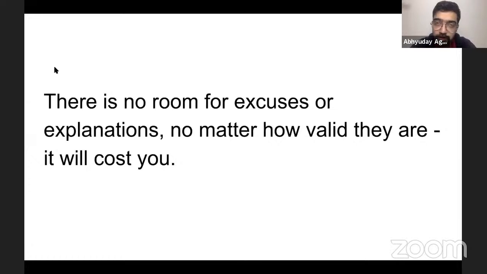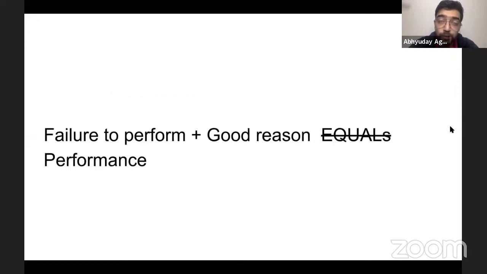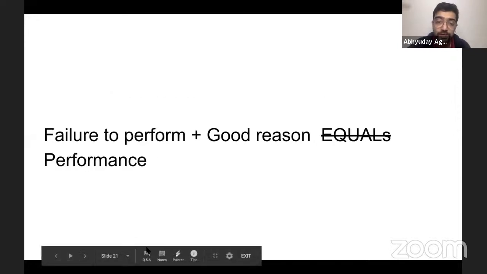Another way could be that seniors may just not prefer to give you a lot of responsibility or more than you can handle. The third thing is that you will not be able to grow as much as you want to because you'll not get the work. So you're paying in terms of deferred income. Like Sanchita said, 6 months earlier, I could have got 7 times more. It's insane, right? The kind of difference that'll happen. So what people think is that my failure to perform with a good reason is equal to the job done, is equal to the performance. Whereas in reality, it is not.